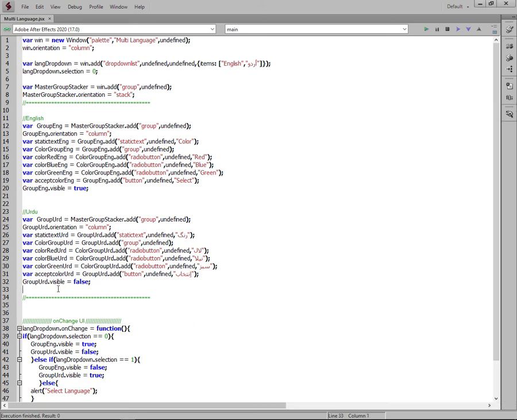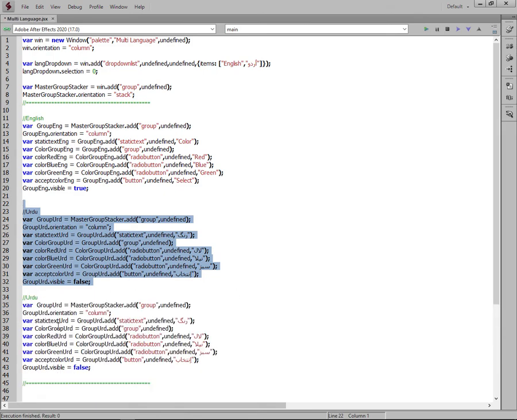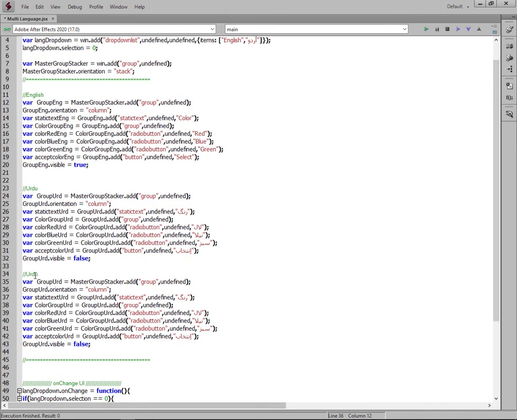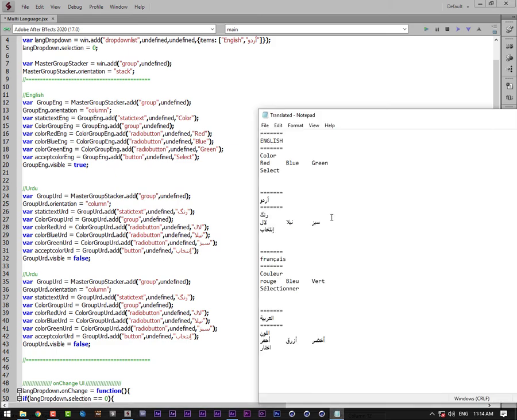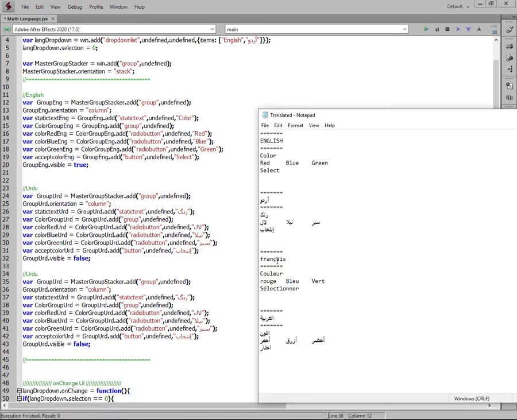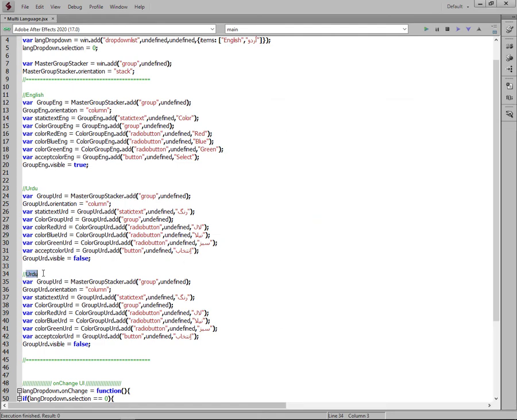You need to just select the last language group of your elements, and then press Ctrl D. Ctrl D, we have this one copy, and we want to add the second one, French. So I'm copying this, Ctrl C, and the command should be forward, and then select all this